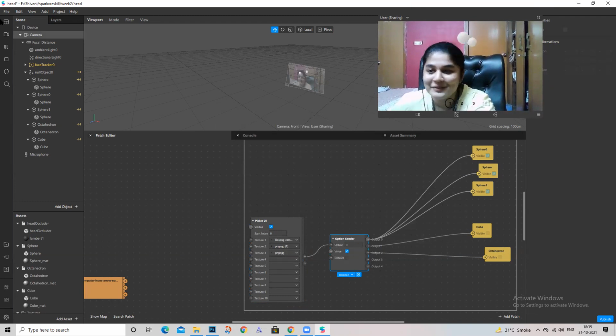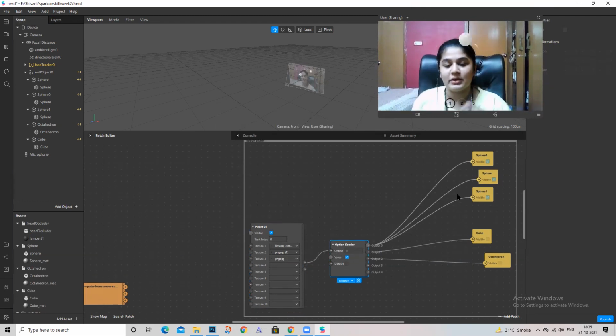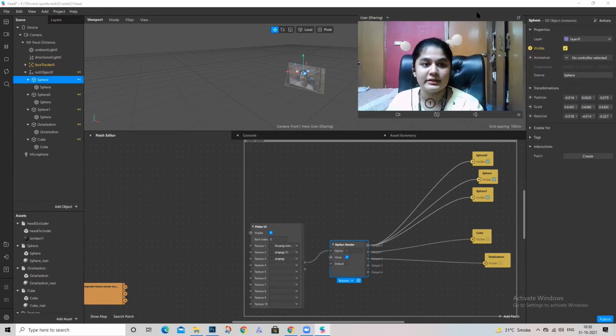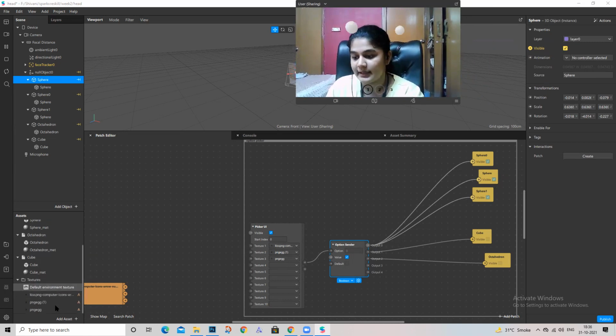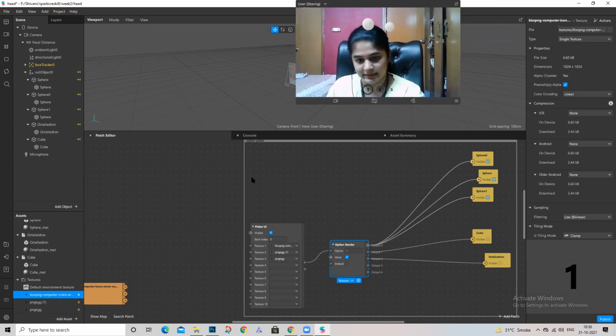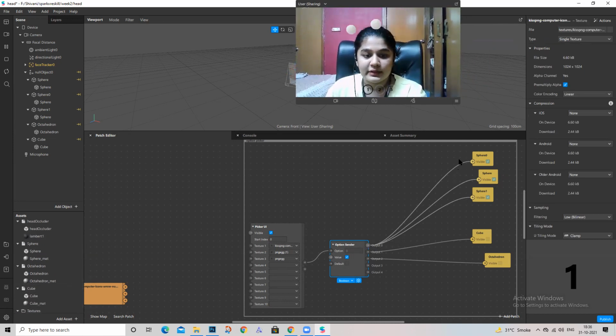So we have used three different types. In the first option I only want the spheres to be visible, so I connected all the visibility patches of the spheres to output 0, which acts as 1. And we put the image 1 there, which is something we downloaded yesterday, the last time. All of these are connected to output 1. Similarly, the cube is connected to the second output, and the octahedron is connected to the third output.